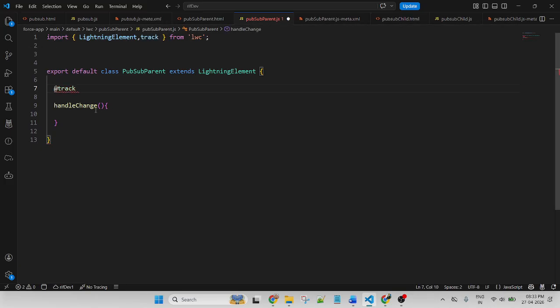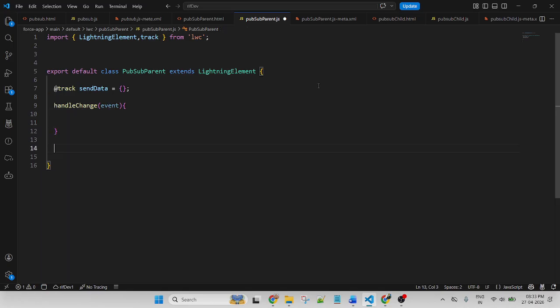If you are using track, don't forget to add the import here, otherwise it displays an error. So track sendData like this, and I am using an object. I will store all of the input values inside this object.